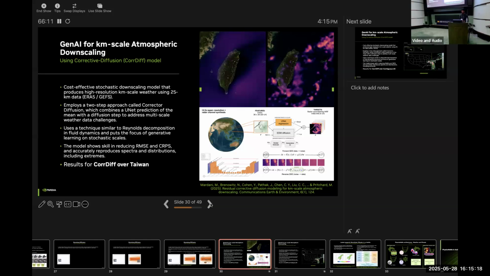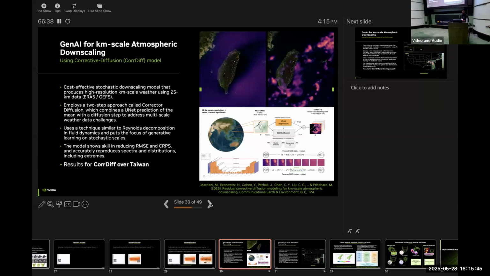And so what this model does is it uses a two-step approach. It takes this idea from Reynolds decomposition, where you have a mean component and you have a stochastic component, right? And so the mean component is modeled through a regular regression model, like a UNet or transformer model. And then you have this diffusion model to predict the finer scales.